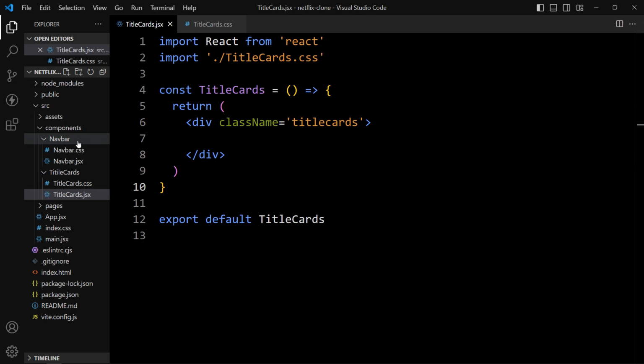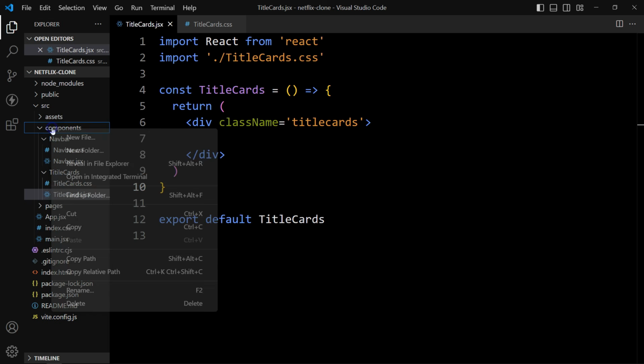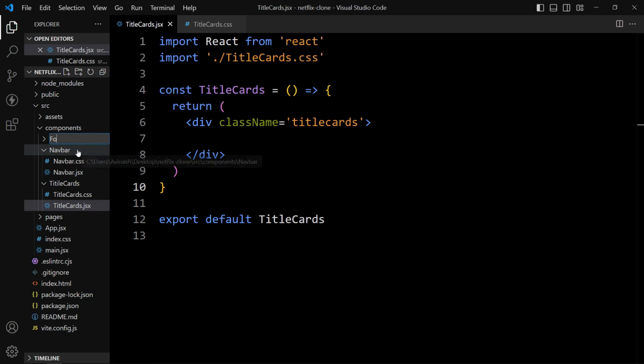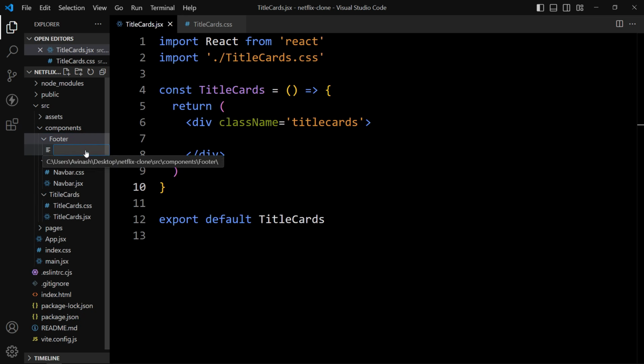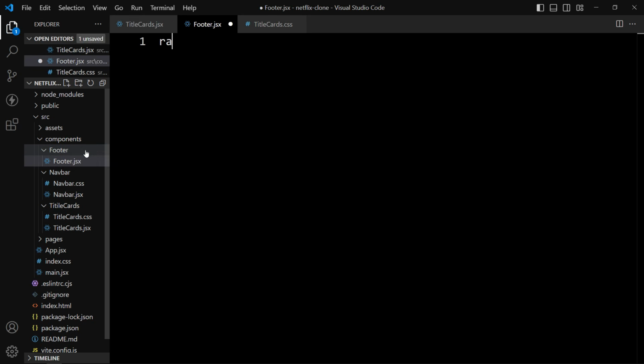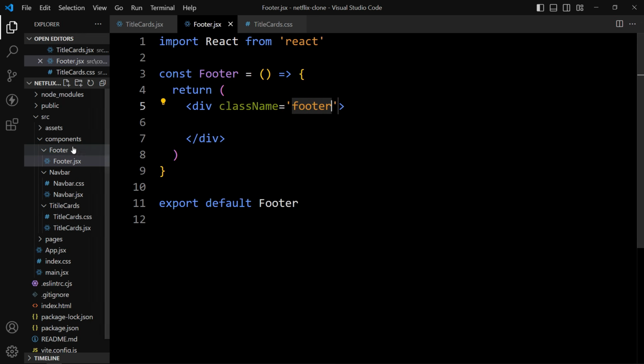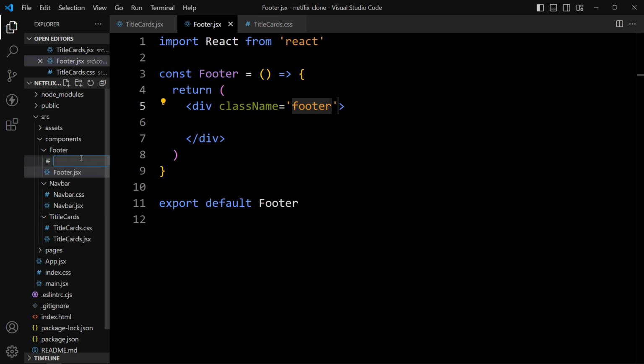Now we will create one more component. So in this components folder, we'll create a new folder and it will be footer. Then create a new file, footer.jsx, RAFCE, then add a class name footer, and in this footer folder we'll create a new file.